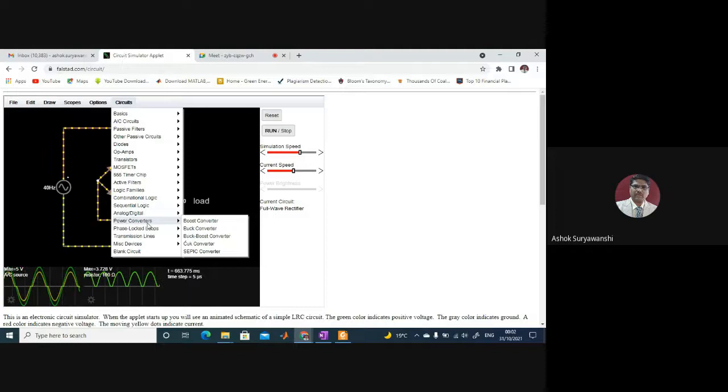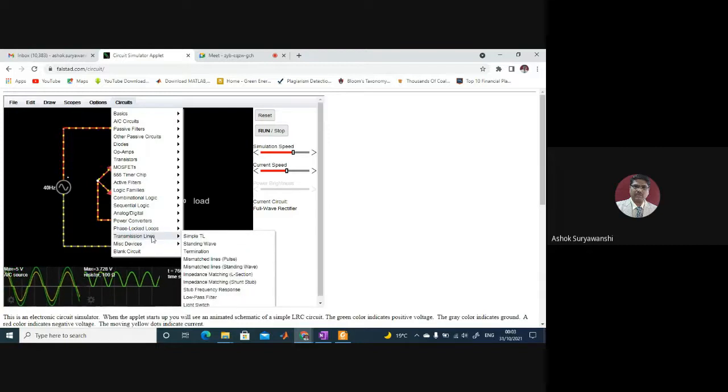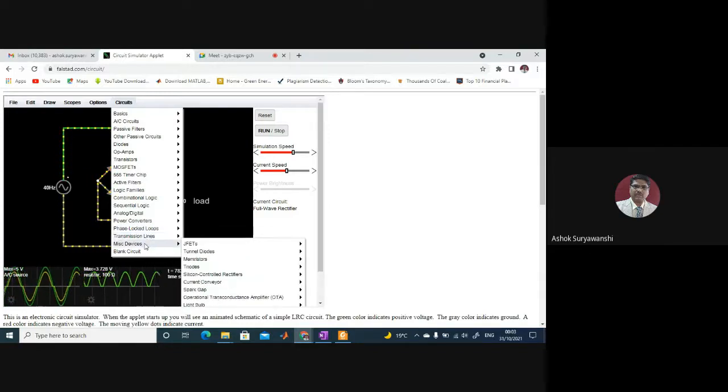Power converters, in the sixth semester you will study power electronics: buck converter, boost converter, buck boost converter, and so on. PLL, phase lock loops, and transmission lines you study somewhere in the third year, right? And then other devices like JFETs, tunnel diodes, and so on.